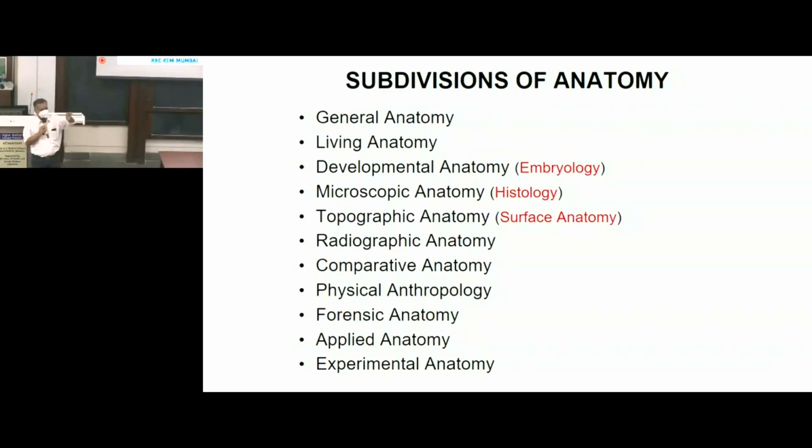Okay, so applied anatomy can have various subdivisions. Clinical anatomy and surgical anatomy are two subdivisions. And finally, experimental anatomy. You can do a lot of experiments on tissues. So that's experimental anatomy. These are the various subdivisions of anatomy. So we have spent almost 15 minutes discussing the various subdivisions of anatomy. If you are clear about this, then we will move further